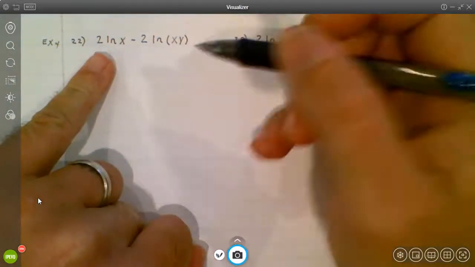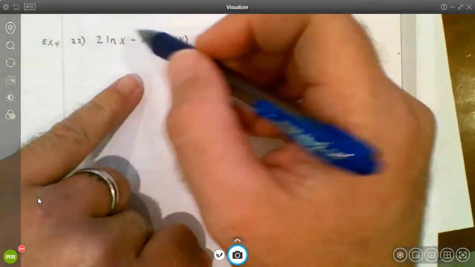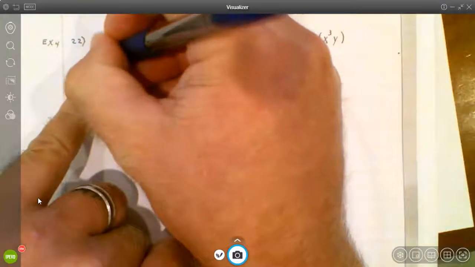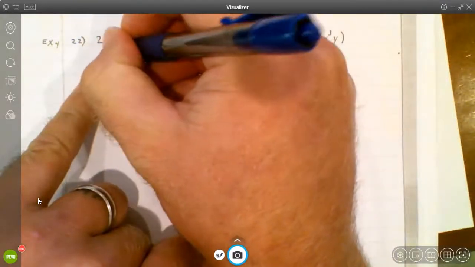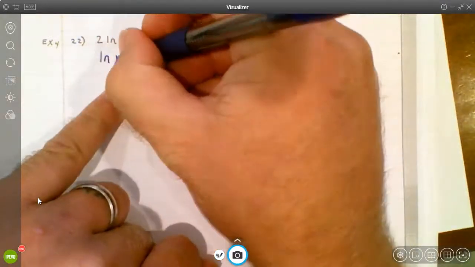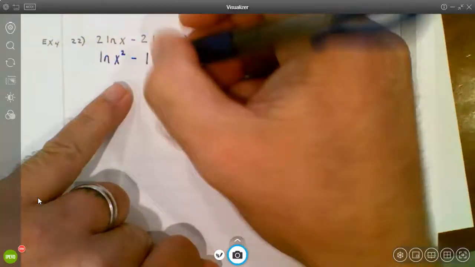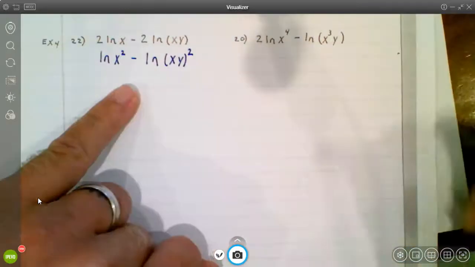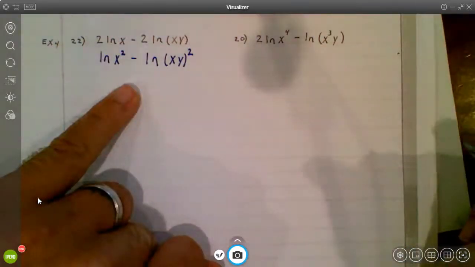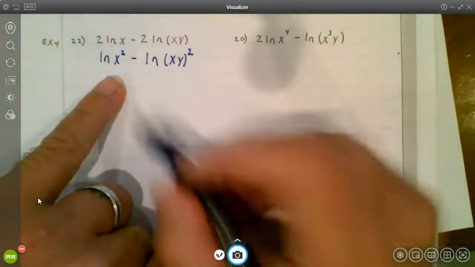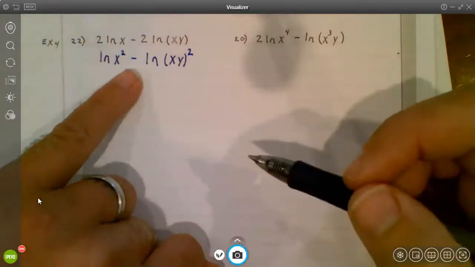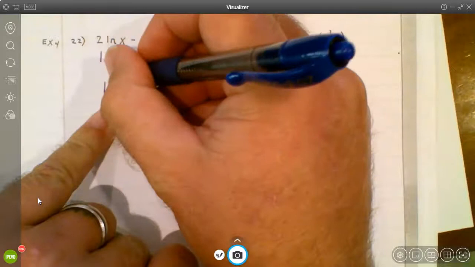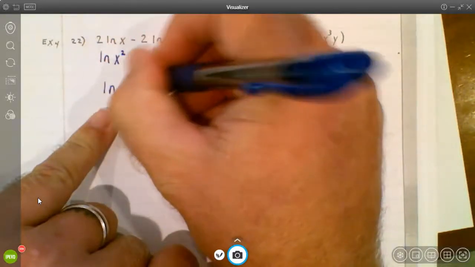And so first thing that they're going to do is they're going to say, well, let's take the numbers in front, bring them back to becoming exponents. So I'm looking at the natural log of x squared minus the natural log of xy squared. So bringing those 2's back to becoming exponents. Now we can turn these into a single log. So they're both natural logs. So let's say the natural log of x squared over